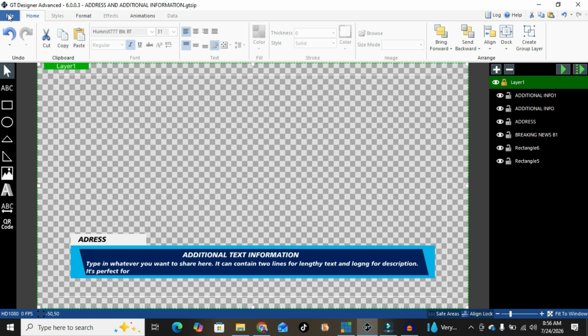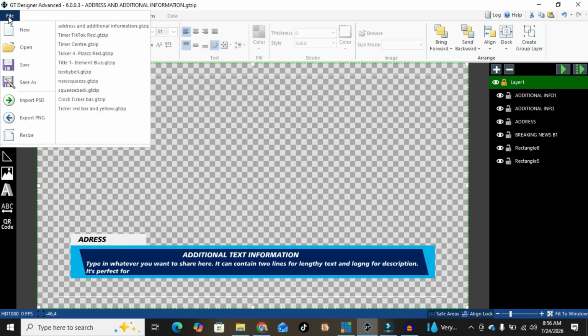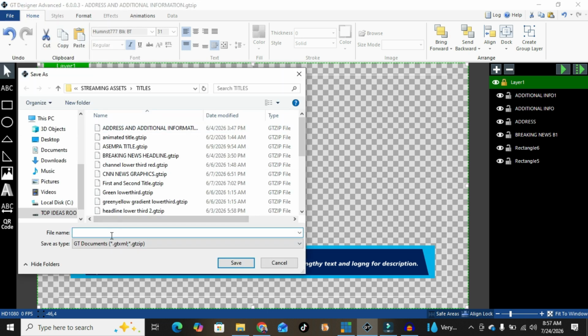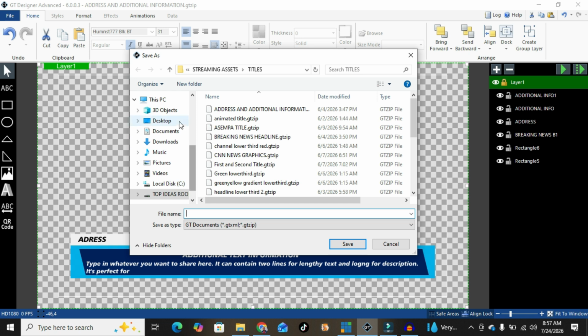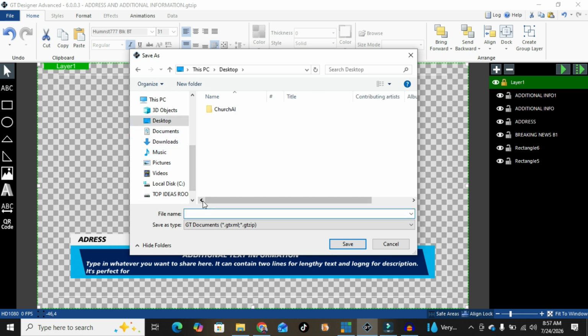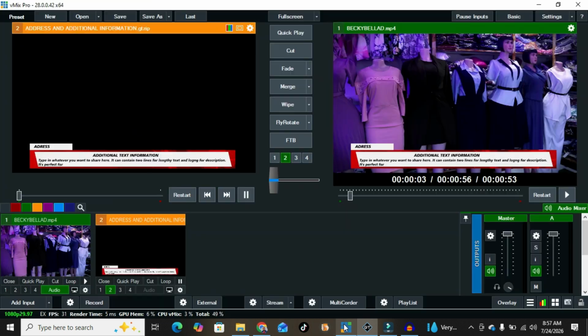Okay, to save, I click on File and then click on Save. But if you click Save, it will replace the original one. If you have any problem later, or want to change the color or anything, it will be there. But if you don't want to replace the original one, click on Save As and save with a new name. All the info went into the desktop when we say new address title. And so lower third. I feel we are going back to vMix.